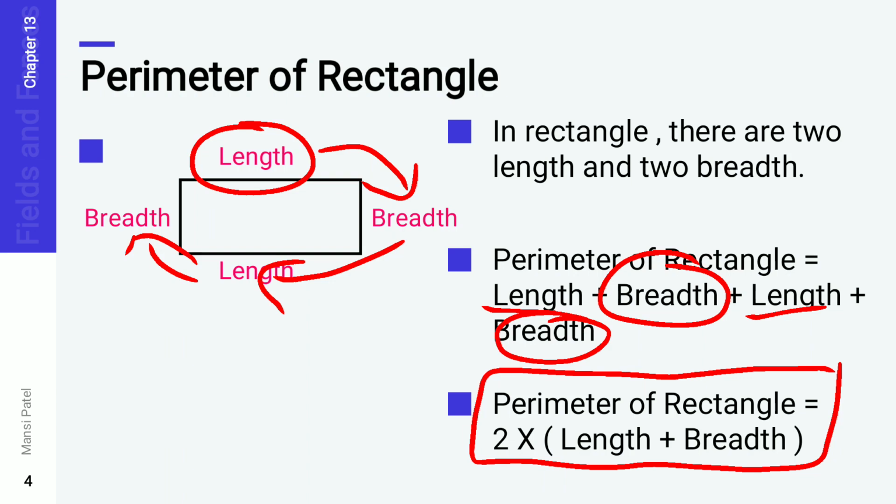Now in our previous session we discussed the perimeter of regular shapes and irregular shapes. If the shape is irregular, then we find out the perimeter of that shape using thread. Now here we are just discussing the perimeter of square and perimeter of rectangle only. But what about the other shapes? If other shapes were given to you, then how can you find out the perimeter of those shapes? So let us discuss it.